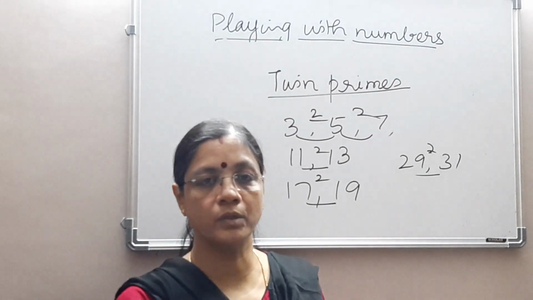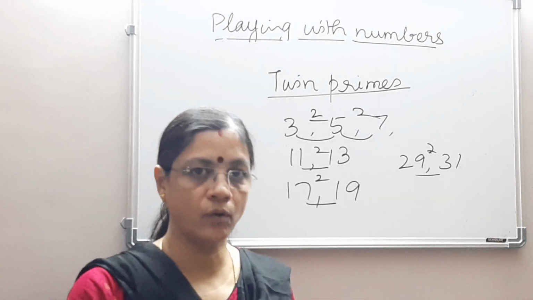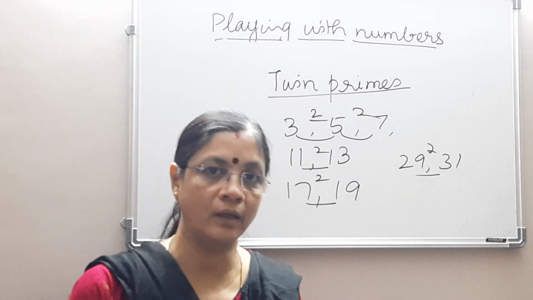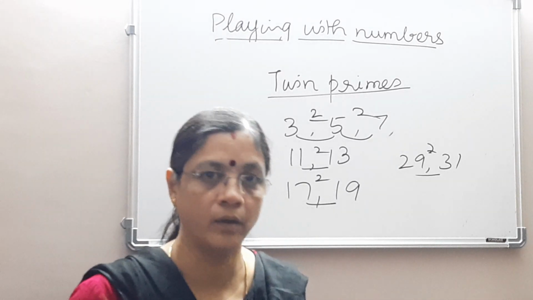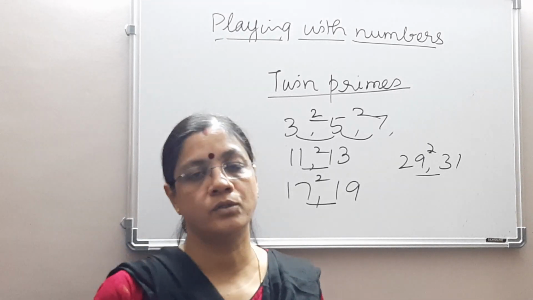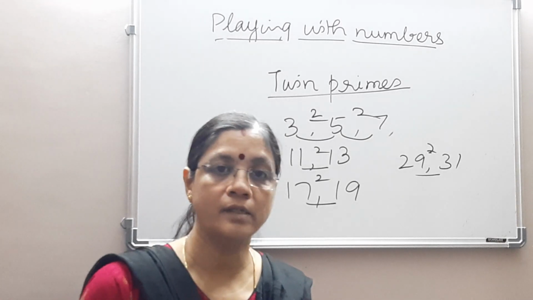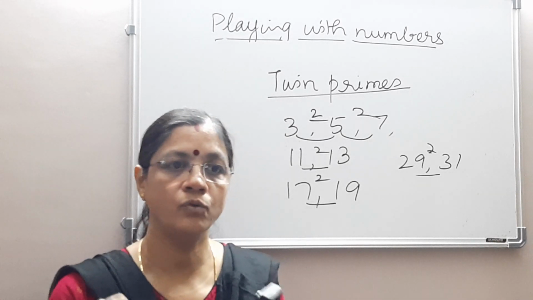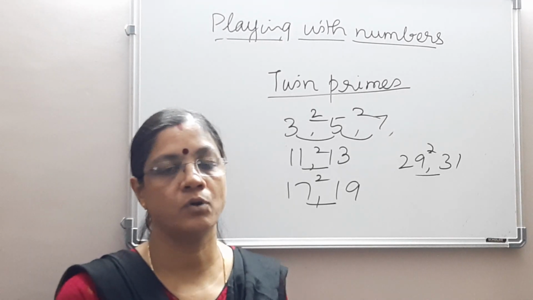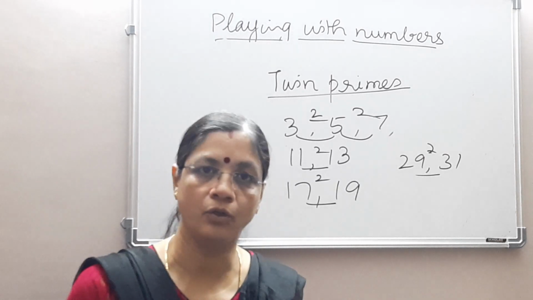These are some of the numbers we have studied today: odd, even, prime, composite, perfect numbers, twin primes and co-primes too. Co-primes are numbers which don't have any other common factor between them except 1. So we have learnt about all these numbers. Hope you would have understood these numbers and the concept of these numbers. And in the next class, we'll be seeing how to apply the concept of factors and multiples in our real life. So how do we get common factors and common multiples, and what are they used for?